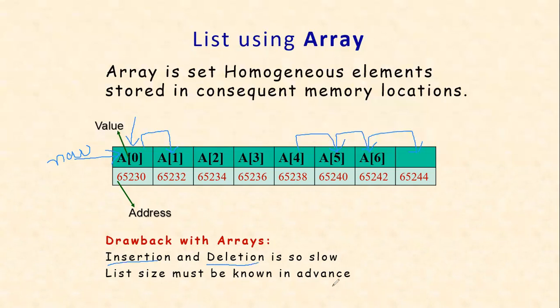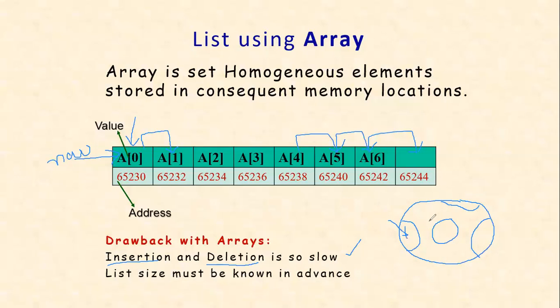Then what could be the alternative? Suppose you have some computer memory where you have some free spaces. Let me assume that these are free spaces, not consecutive spaces, but some free spaces in your memory. Then I have a value in my hand, and I have to store it in this free place.